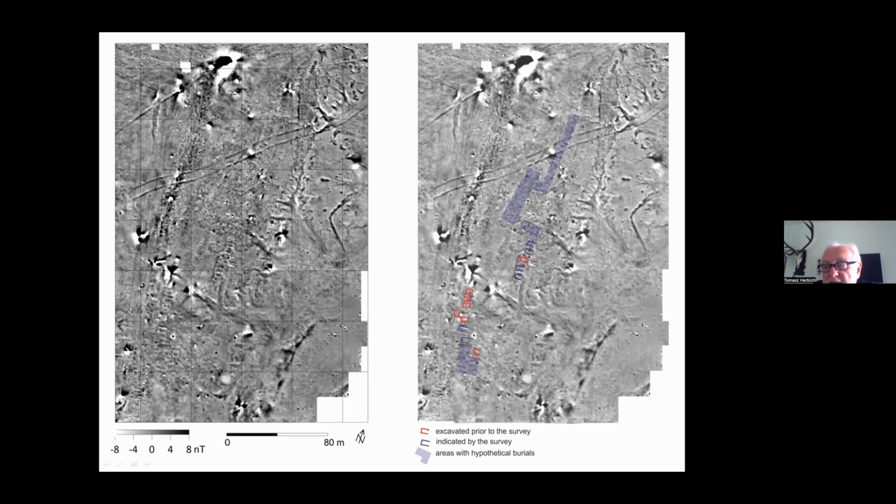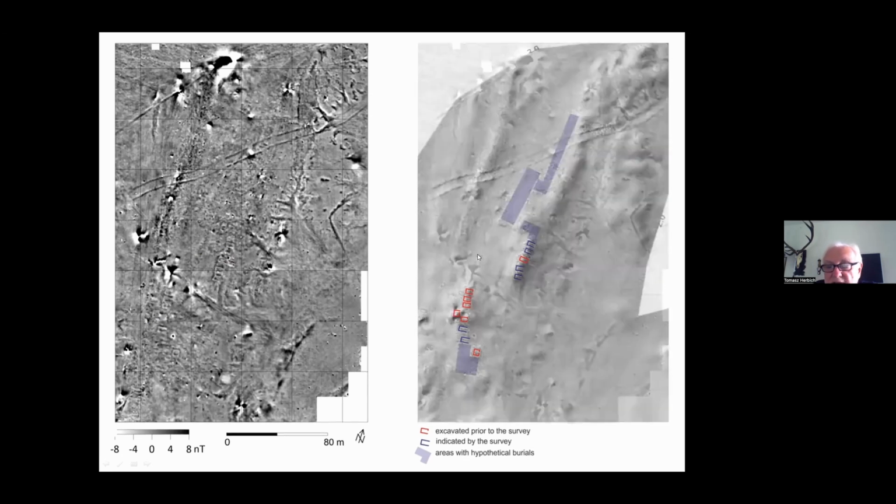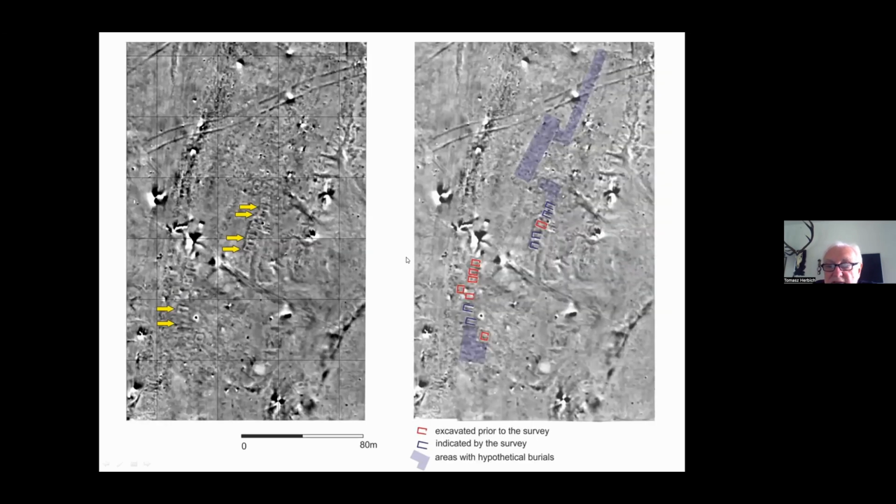And also I marked the areas in which we can expect tombs according to anomalies. As you see here, we have anomalies on the ridge, which is according to the rule. But here I'm proposing the tombs not along the ridge. Why? Because you see here the